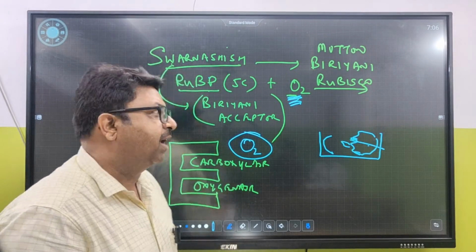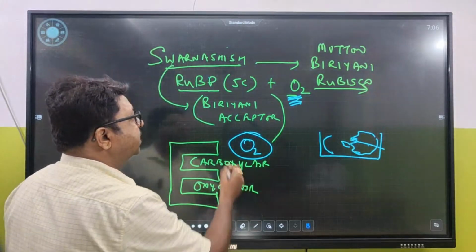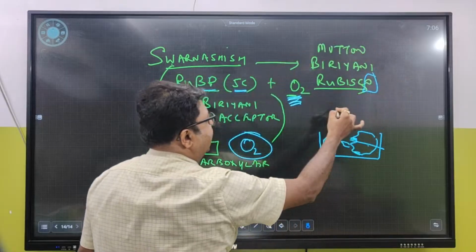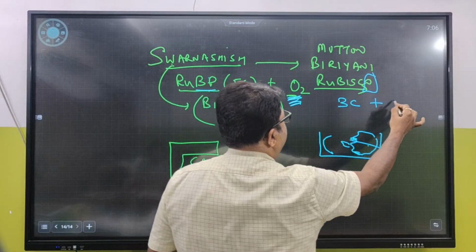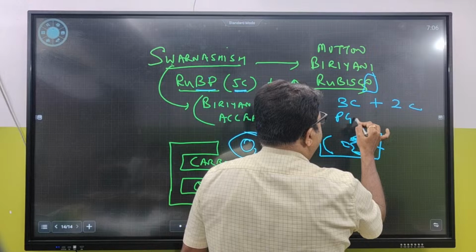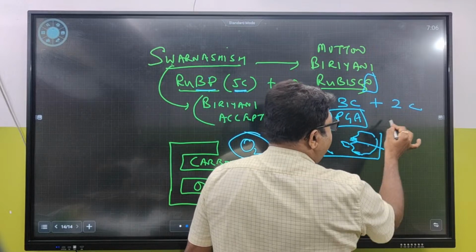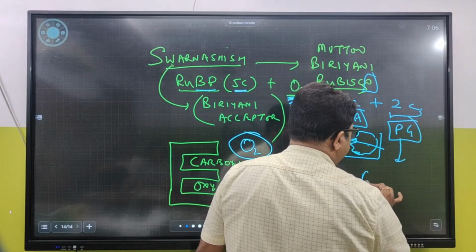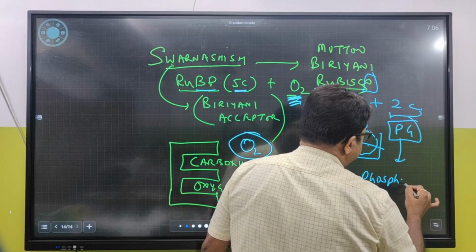কে ভেঙে গেছে? RUBP ভেঙে গেছে। This 5 carbon has been broken down due to the activity of oxygenase enzyme into 3 carbon compound and 2 carbon compound, and this 3 carbon compound is PGA, but the 2 carbon compound is PG, postgraduate না, PG মানে phosphoglycolate।